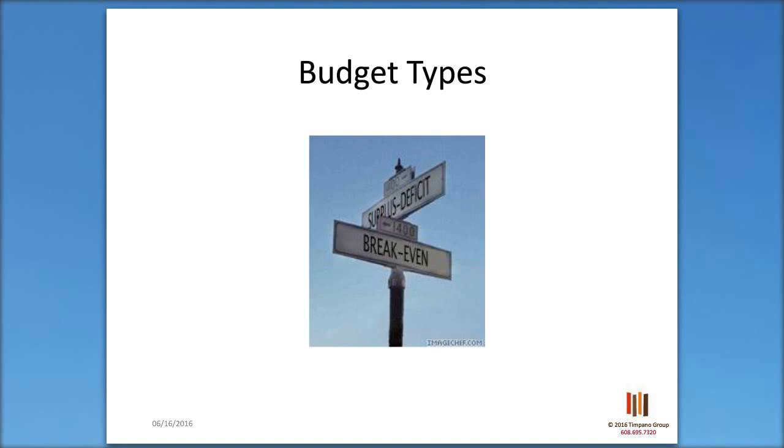And so many of us are used to thinking about break-even budgeting, and that goes along with that. We have our expenses, the money that's going out, and so we'll offset that with the revenues, or the money that's coming in. We'll break even. That will be acceptable and often preferred, simply because that is how most people think about nonprofits. There's not a profit, and so they will say break even is the preferred or the appropriate way. But in fact, there are 3 budget types that are available